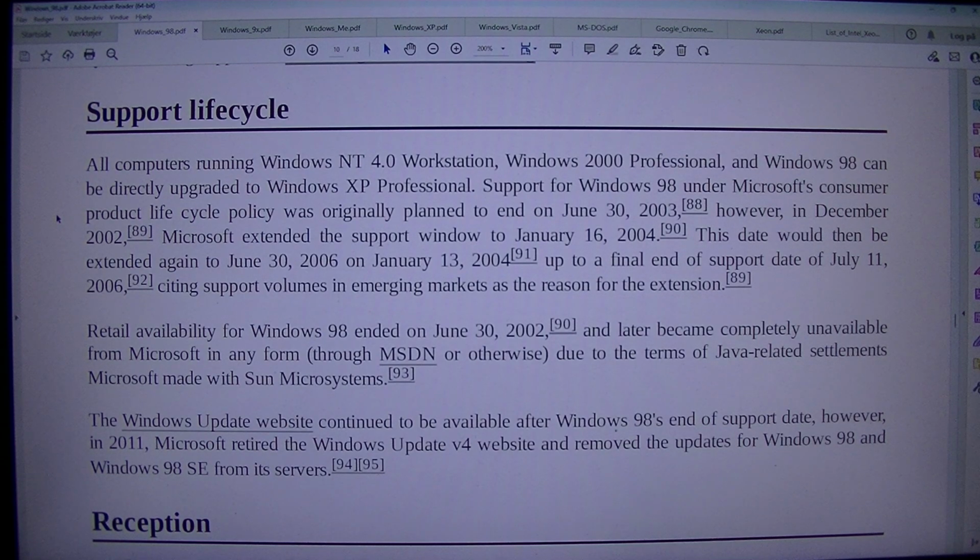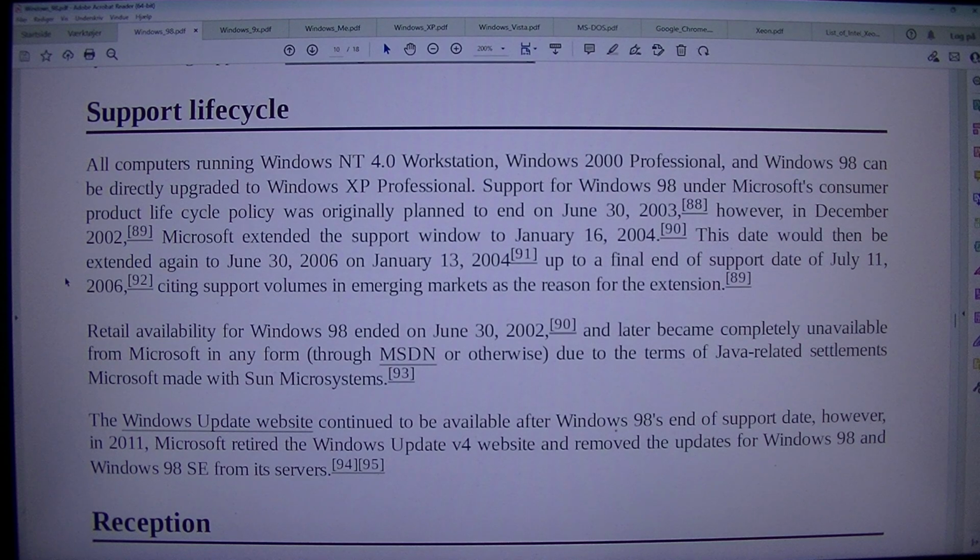However, in December 2002, Microsoft extended the support window to the 16th of January, 2004. This date would then be extended again to the 30th of June, 2006 on the 13th of January, 2004, up to a final end of support date of July 11, 2006, citing support volumes in emerging markets as the reason for the extension.